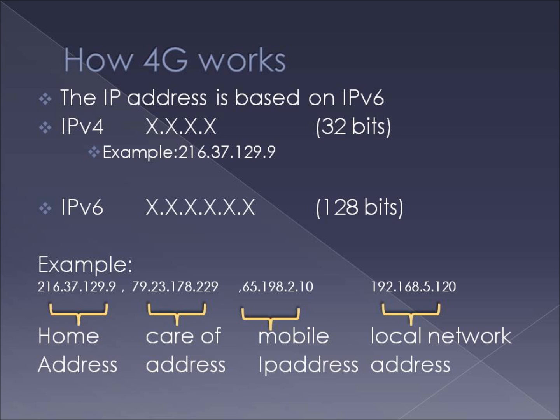So if we wanted to know how 4G works, it has to do with its IP. We previously used IPv4, which is about 32 bits. We use IPv6 for 4G, which is about 128 bits. It's a lot faster than anything we previously used. Looking at this picture of what we had, everything's interconnected,